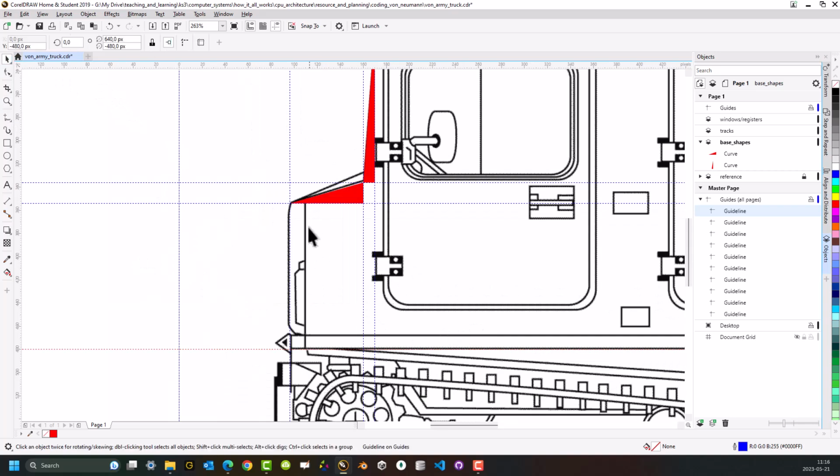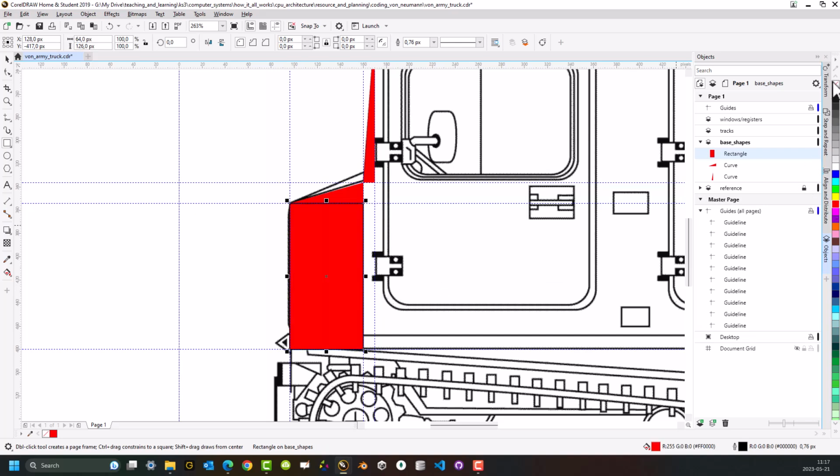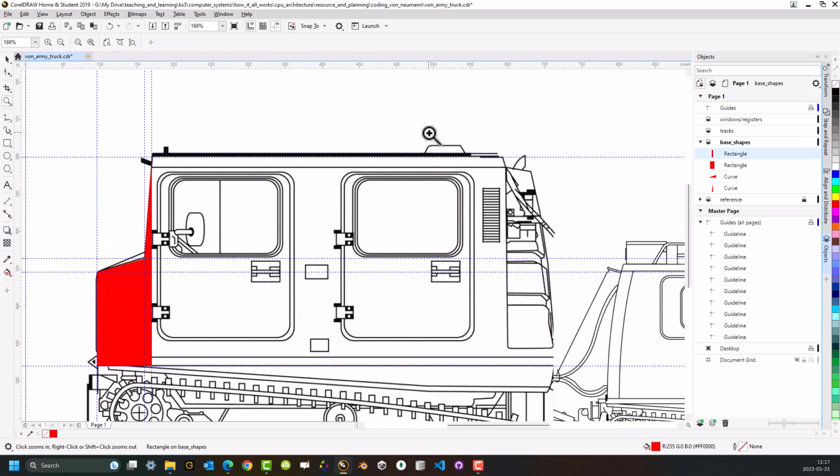So now you can see I can use the guides to use the rectangle tool. Actually, let's go from the bottom. If I click and drag, I can basically do the same thing. Now, right mouse click to remove the outline, and I can also do a similar thing here. Left mouse click to fill, right mouse click here to remove the outline. And if I continue,